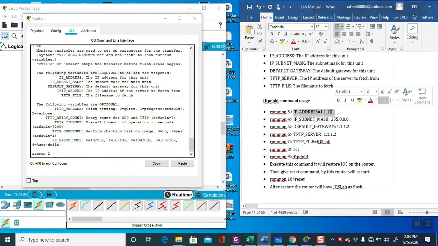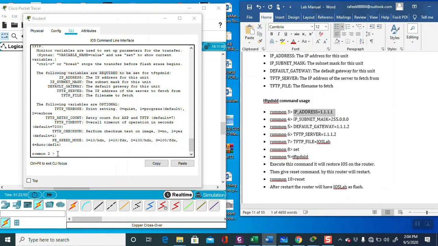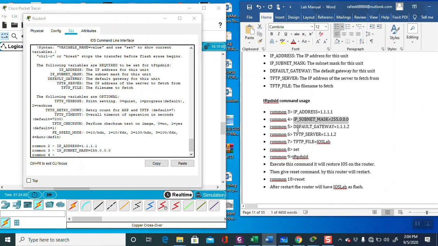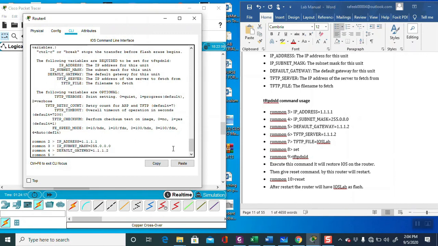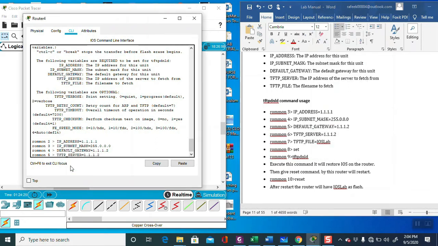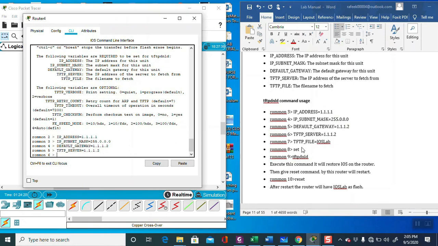So this is the IP address of the router, and the subnet mask, and the default gateway, and this is the server IP address from where we have to download the file, and here we have to provide the TFTP file name.